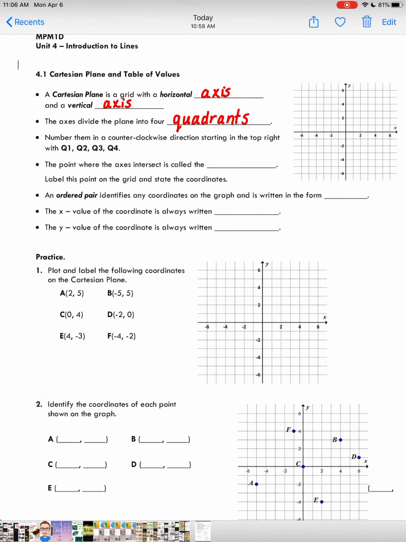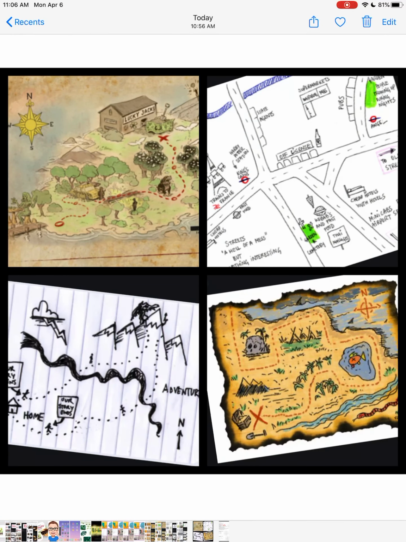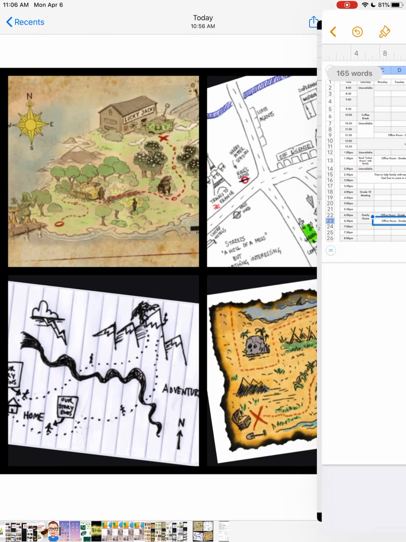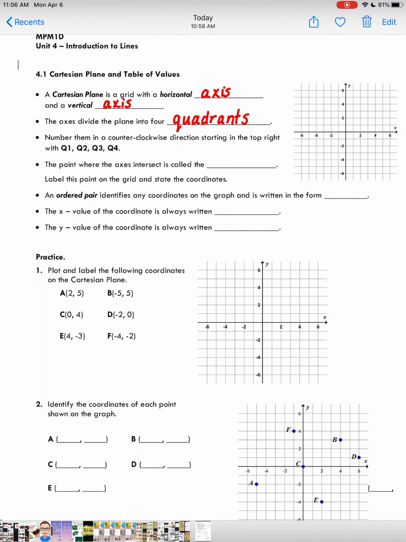Today we're going to be learning about the Cartesian plane and how to draw lines on the Cartesian plane. Now when we look at the Cartesian plane, it's kind of like thinking about a map, but instead of, as you can see in this picture, different types of maps with different scales and ways of looking at them, the Cartesian plane kind of keeps things standardized. So we're going to learn proper terminology to keep it standardized and then how we could actually graph a line